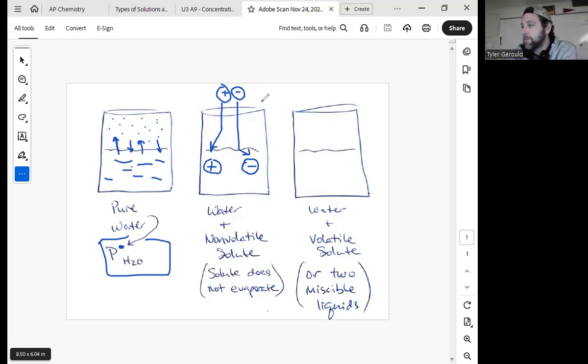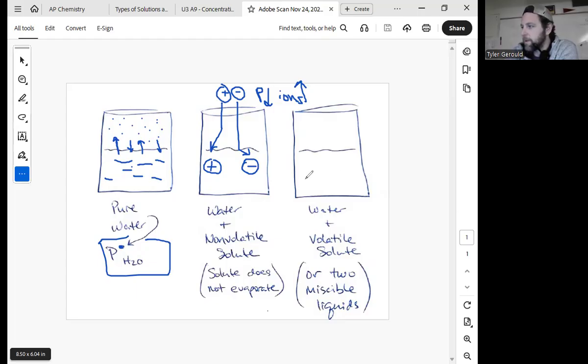And what we'll see is that vapor pressure is always going to decrease as the concentration of ions increases. More ions in solution, that vapor pressure goes down. The particles are fighting against the intermolecular forces, the ion-dipole forces, typically if you have an ionic compound. And it makes it harder for water molecules to escape. If you have some non-dissociating solute, like sugar or carbon dioxide, it still affects the vapor pressure, but not as much. And then we're going to get into 2 different liquids mixed together, this third example on the far right side,